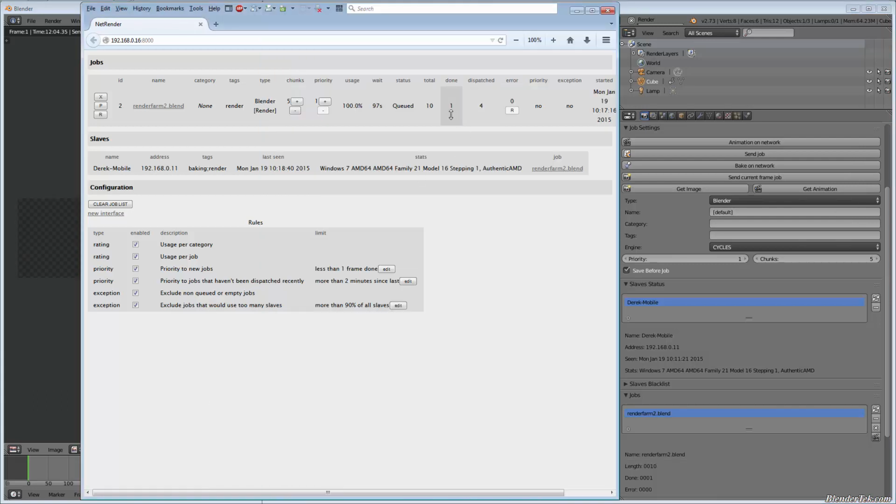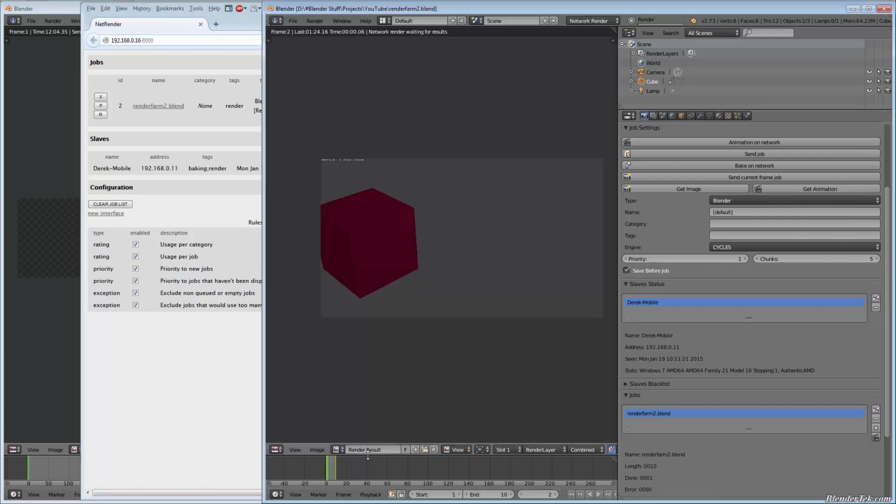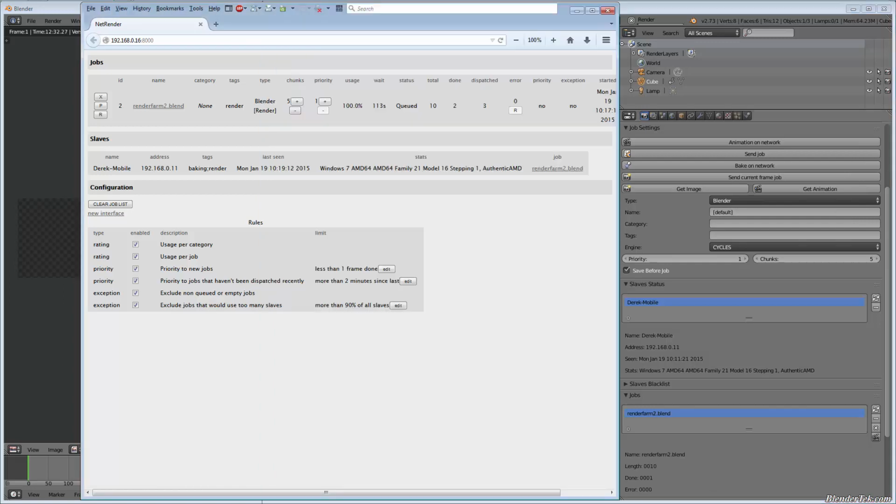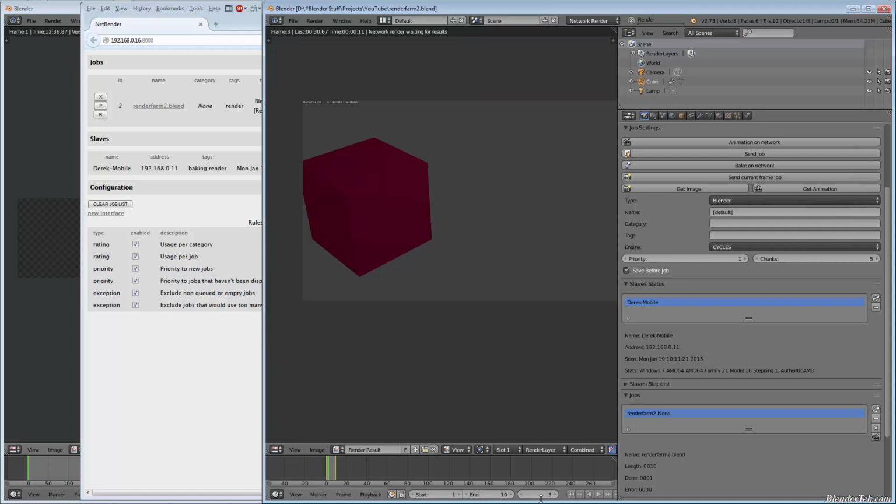So there we go, yeah, it's done 1. And so it's moved on to frame 2 here in the client. So I'm just gonna pause it and wait for it to finish. So it's done 2 now, so we're on frame 3, so you get to see the results on the client. So it's taking about 30 seconds for this simple frame plus network time, which is quite slow compared to what I could do on the client. But again, if your scenes are taking hours upon hours or days, this is going to